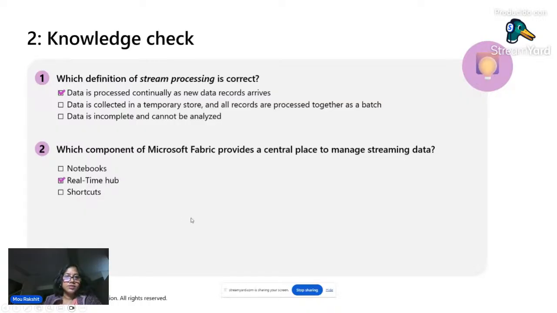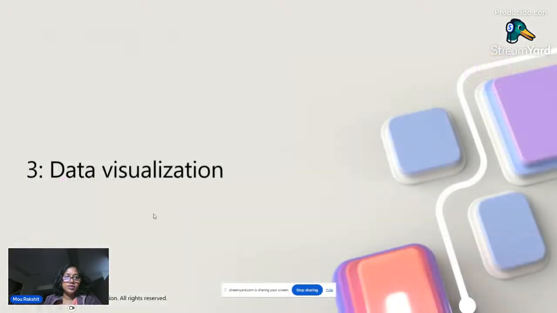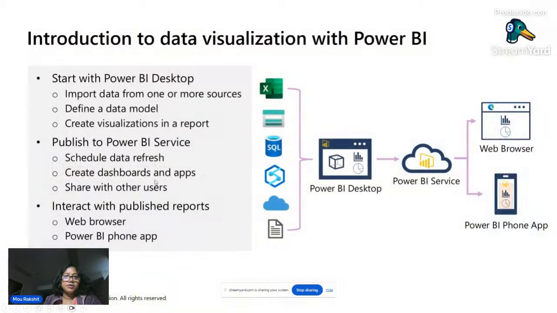Okay, so next is data visualization. So now we have about 21 minutes. I think that's good enough. Okay, so data visualization is basically, now that you brought the data, you brought batch mode, you brought streaming mode, now you want to get insight from the data. As human beings, we can glean information from data, not by reading hundreds of millions of rows, but basically through visualization, which makes it easy to perceive the information, right?